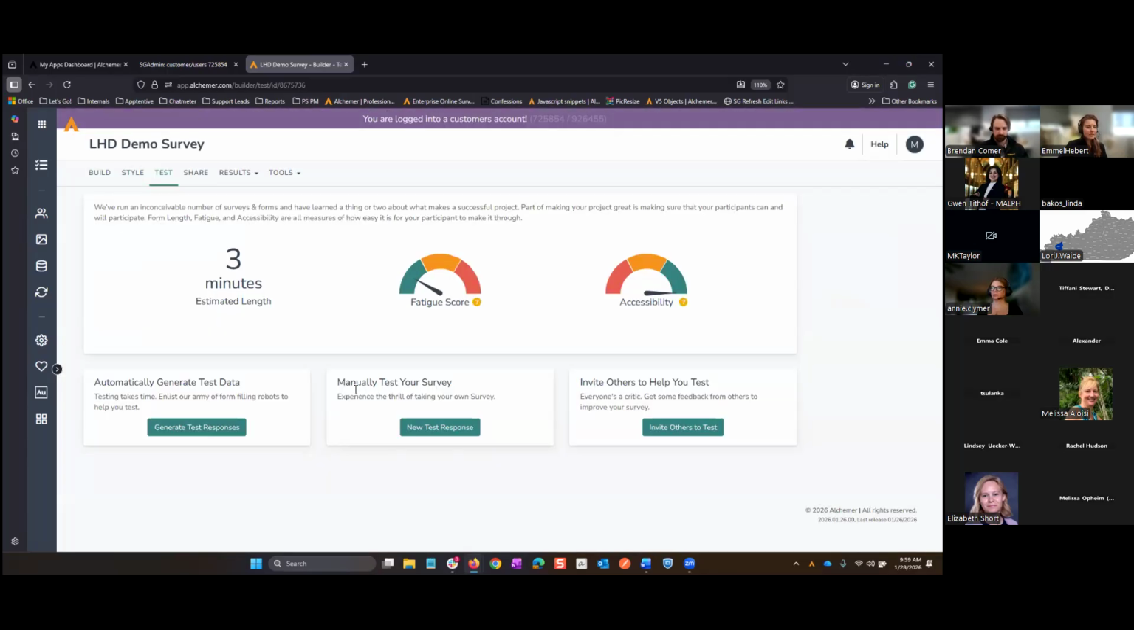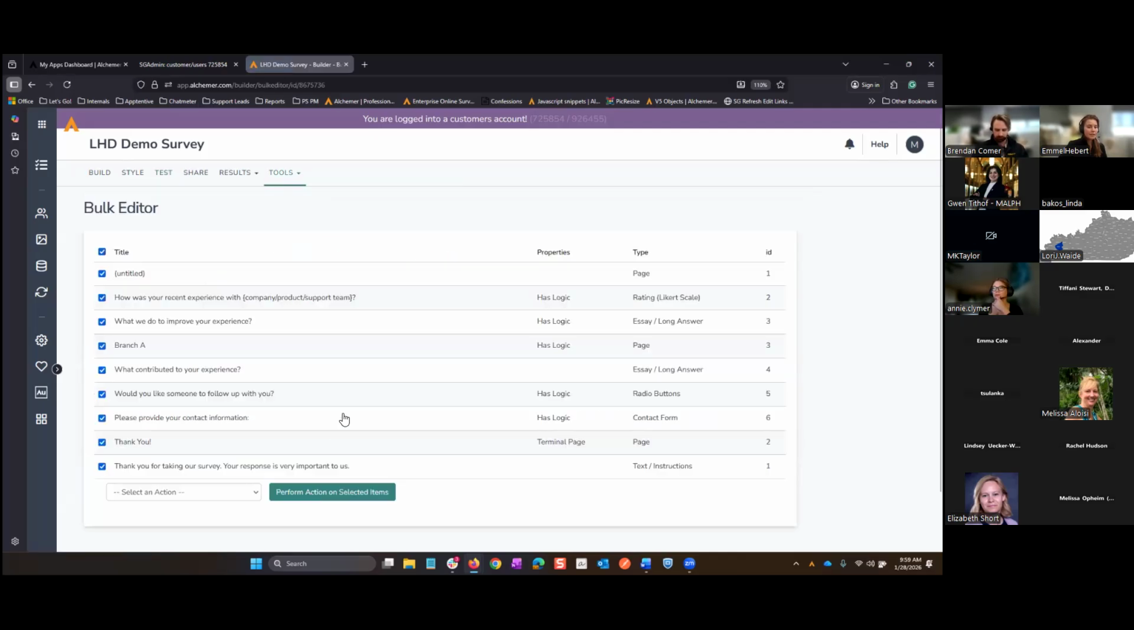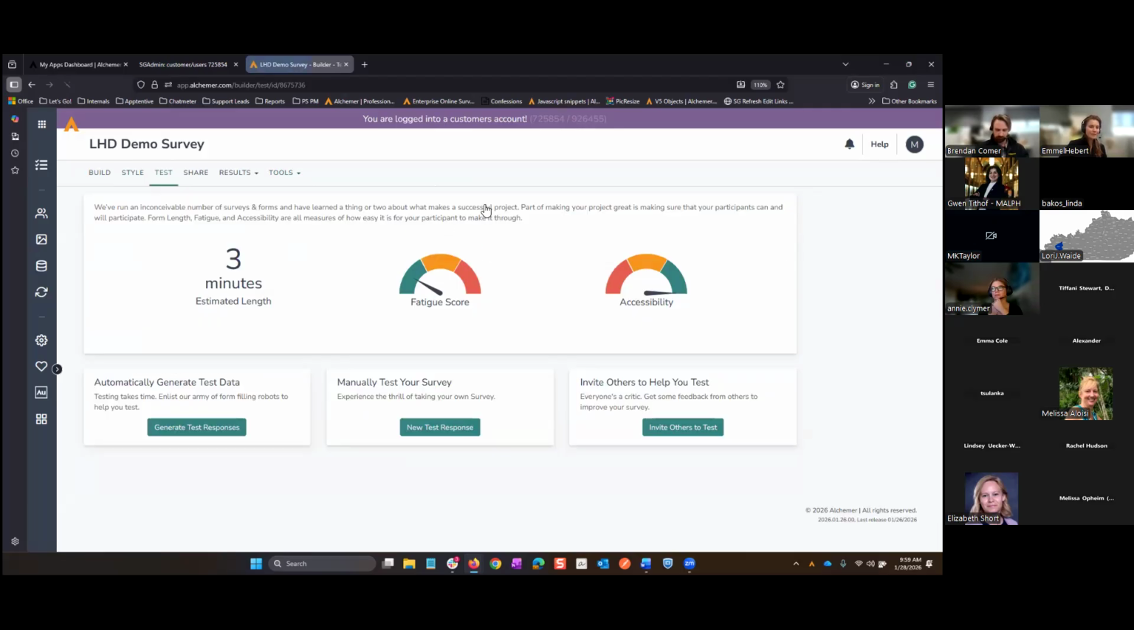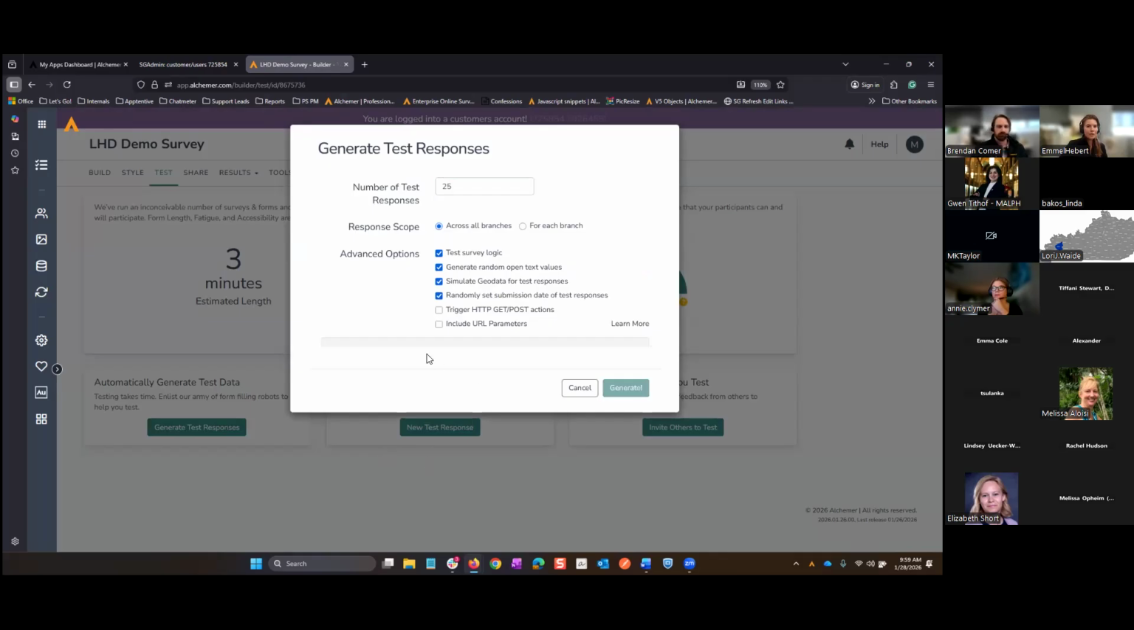One thing I typically like to touch on is that you'll notice I did not have any of my questions required when I first made my survey. So I like to come to my tools, my bulk editor, where I can select my questions and make all of those questions required in bulk. That's going to make it easier when I test my survey. So I can generate those test responses, and I'm going to simulate some of my geodata and my dates. While that is working,